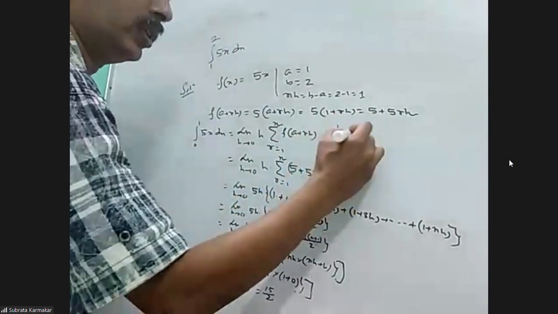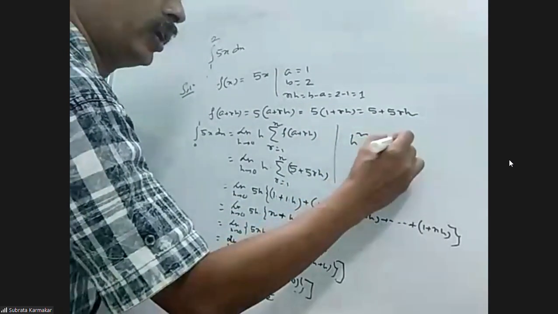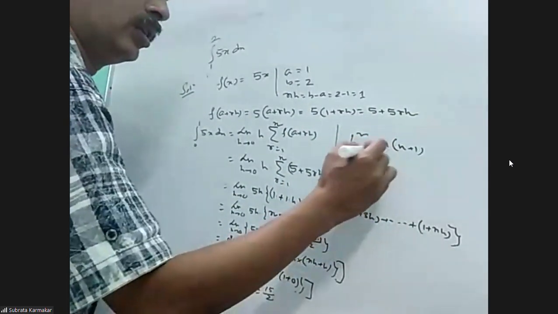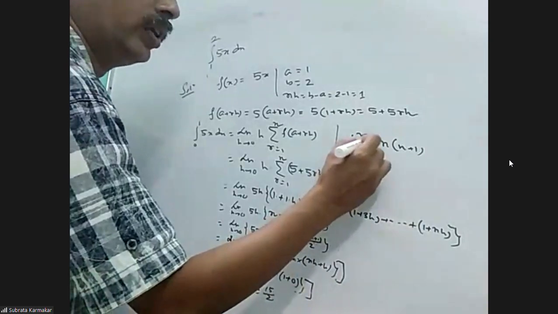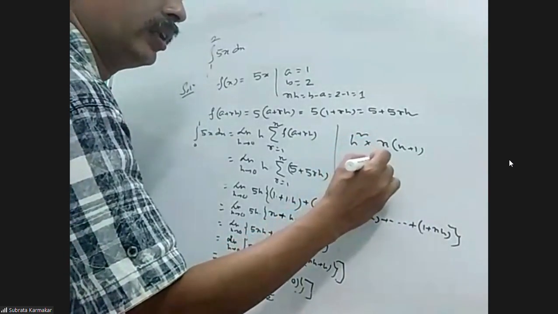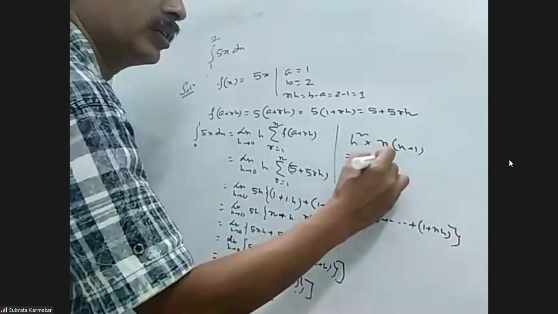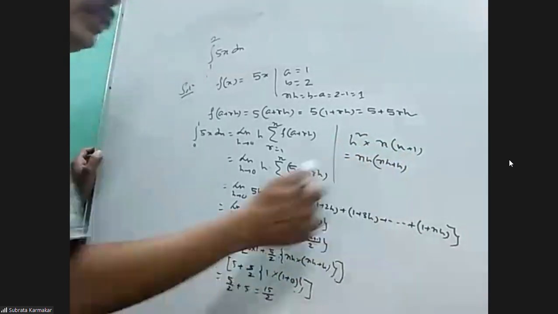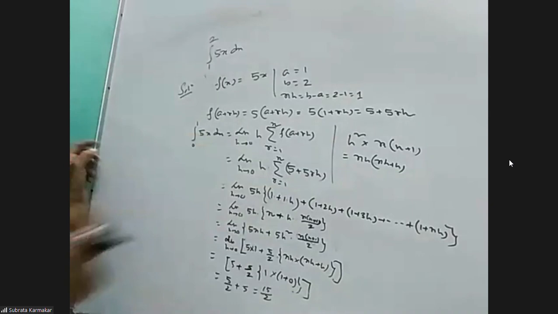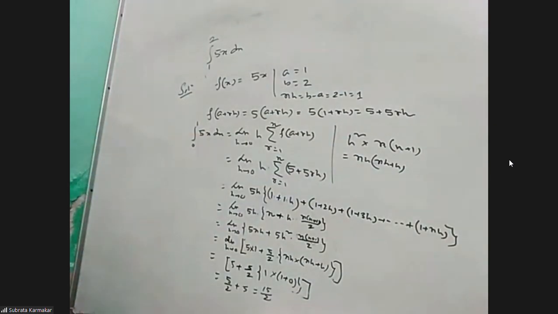I repeat, I am showing the steps. h square into n plus 1. This one I am taking. One h for outside n, nh, another h I am inserting. So it will be nh plus h. That way I have done over here. Then put the value, you will get the answer. Clear? Okay. Next question.